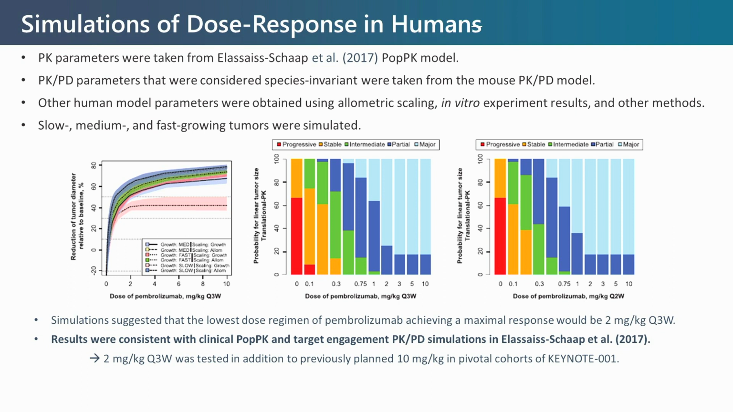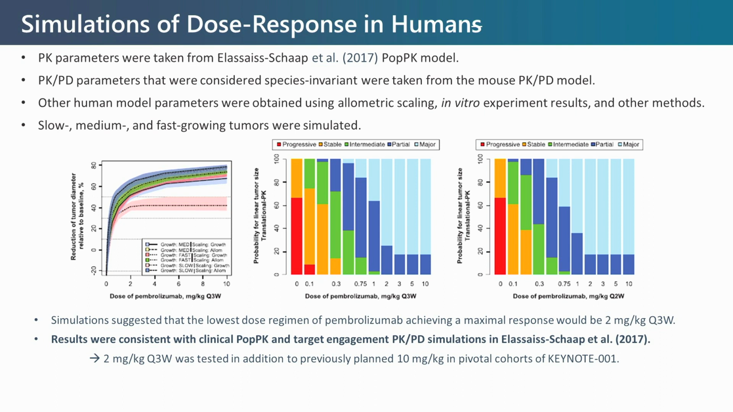The graph on the left shows the tumor size reduction predicted across a range of every 3-week doses of pembrolizumab for the different tumor growth rate scenarios. The other two graphs show the probabilities of different categories of tumor response, namely progressive disease, stable disease, and intermediate, partial, and major response for every 3-week dosing on the left and every 2-week dosing on the